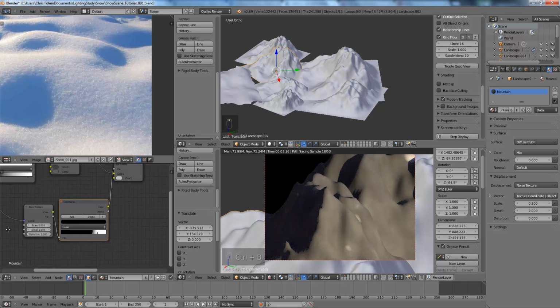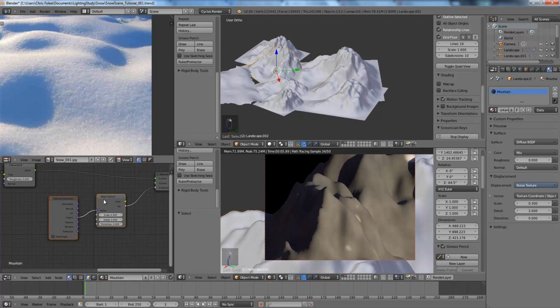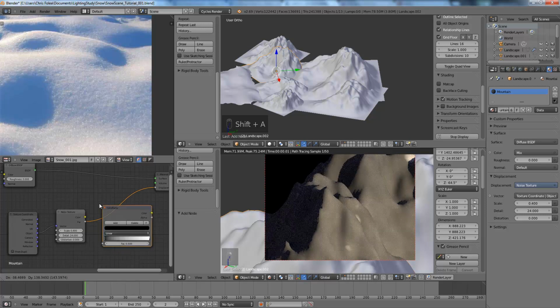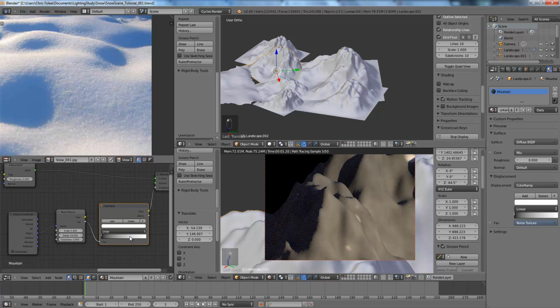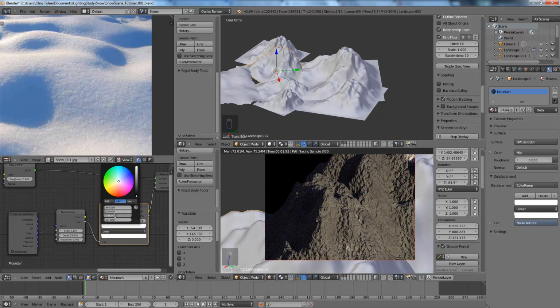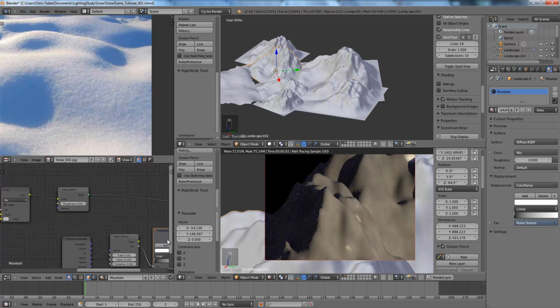Yeah, it looks pretty awful, not gonna lie. How you can make the bump more prominent is using a converter color ramp, and then you can change the contrast. So right now it's going from 0 to 1. We can make it go all the way up to as high as we want. So like 0 to 20 will give us much bumpier results, and we probably want this to be a lot smaller just so we get more of a rock look. And we can even up this value more to like 30 or 40. Not 340, that's a bit drastic. Maybe 50. Cool. And then to finish out with the snow,